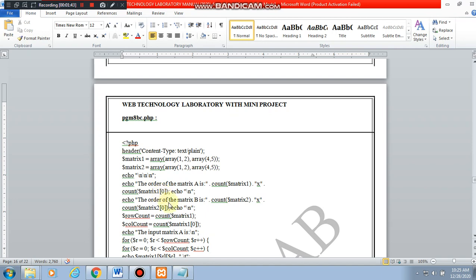So that is displayed with matrix 1 of 0 displaying the size, matrix 2 of 0 will be displaying the order of the matrix B. Then in order to count the rows and columns, we are using count of $matrix1 where row count is obtained, and count of $matrix1 of 0 where column count is obtained.